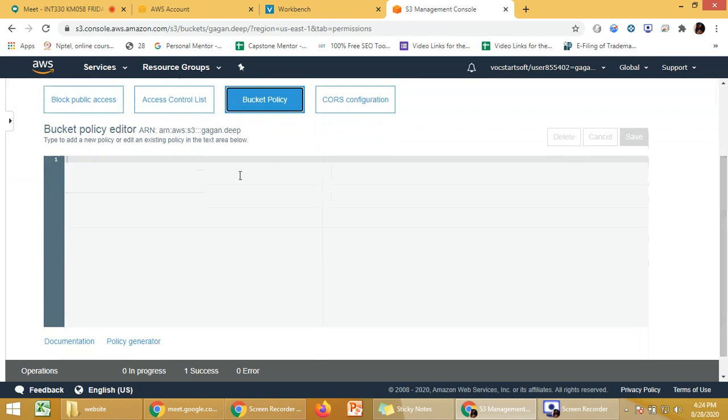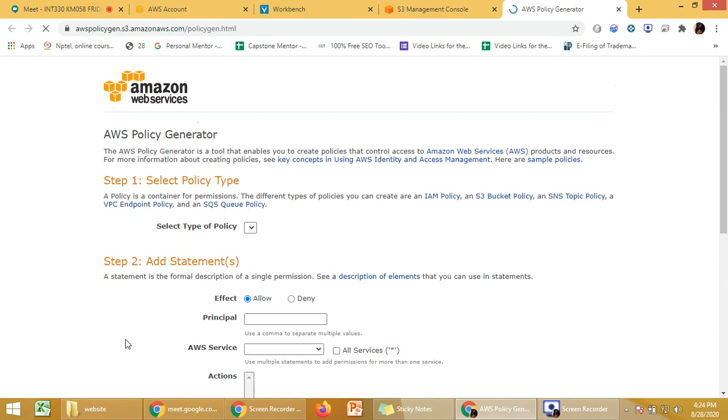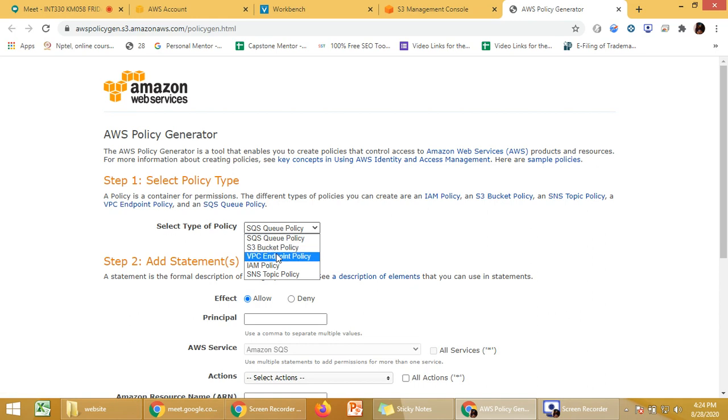So from where we can get that? First of all, you have to copy the ARN. This is the resource which we need to copy. Then you have to click on the policy generator. It will open up a new tab and you will be able to create your policy here. So in type of policy, you are going to select S3 bucket policy.